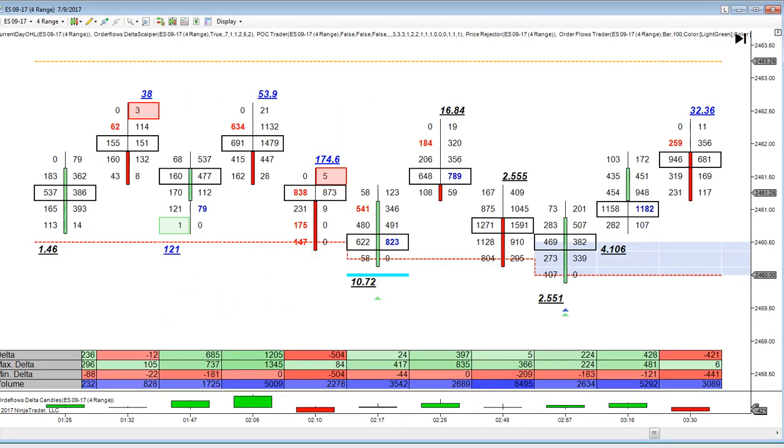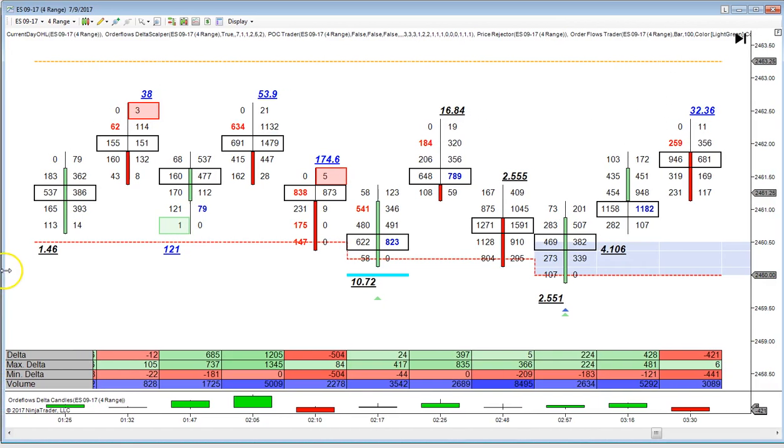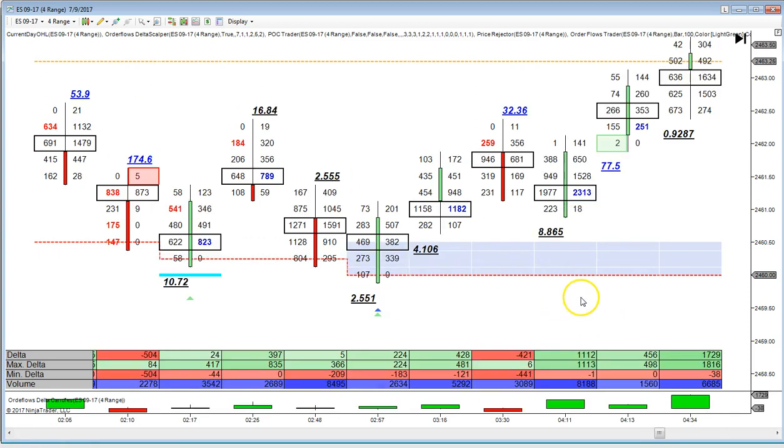Okay, really quick, this is the E-mini. This is the 4-range chart, and again, it's kind of a quiet morning during the European session, but nevertheless, we made a low here at 257. A little bit earlier, at 217, you had a divergence that failed. Then you got another divergence, but this time you got the delta scalper giving you a buy signal, and